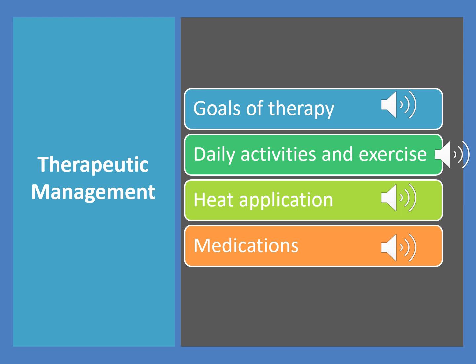Our next therapeutic management is talking about daily activities and exercise. So we may need to modify some things to make it easier because of that limited range of motion. And again, how much is it affecting their self-care? So maybe use of an elevated toilet seat to reduce the amount of bending that's required at the knee. Use of loops and Velcro strips to make it easier to dress themselves and increase their overall level of activity